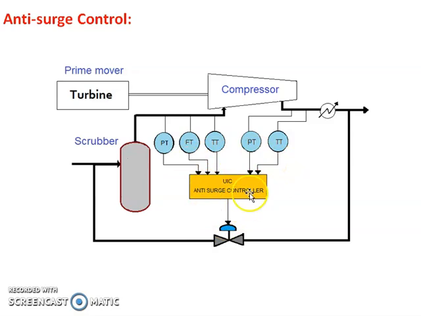This is the controller. That controller is called the anti-surge control, and the surge limit depends upon these 5 variables. If these variables change, the limit will change. But the basic concept of this controller is to follow the SSL line. This controller takes care that the compressor will not operate on the left side of the SSL. That control scheme is called the anti-surge controller, which is one of the important controllers for the centrifugal compressor.